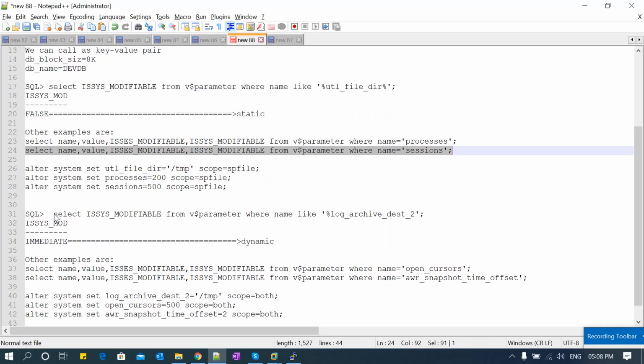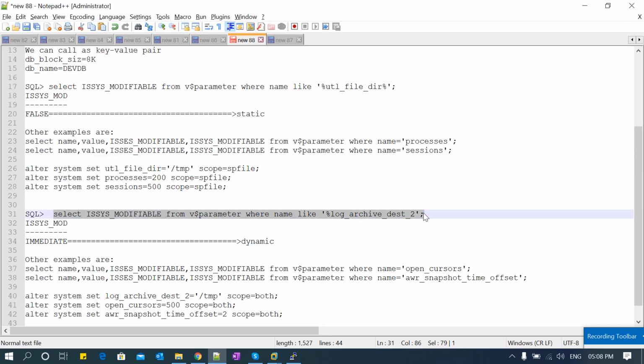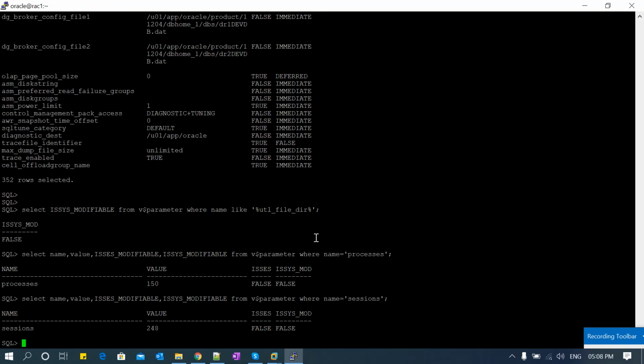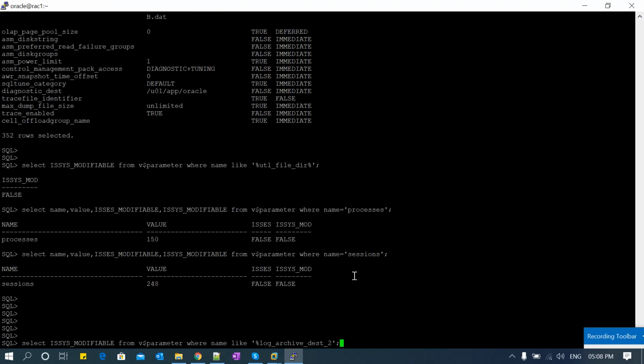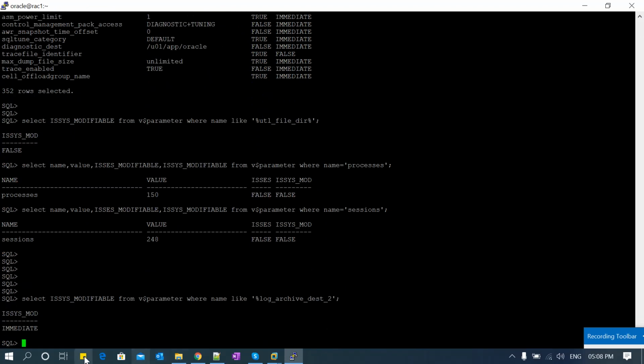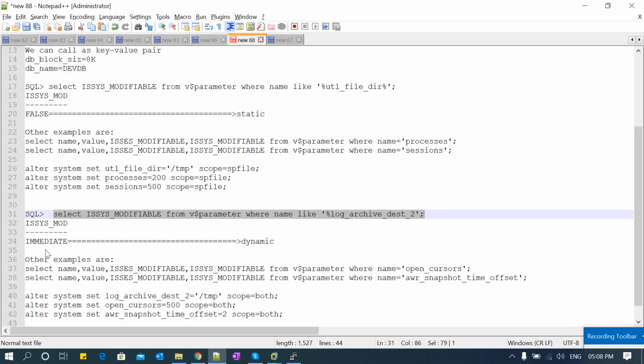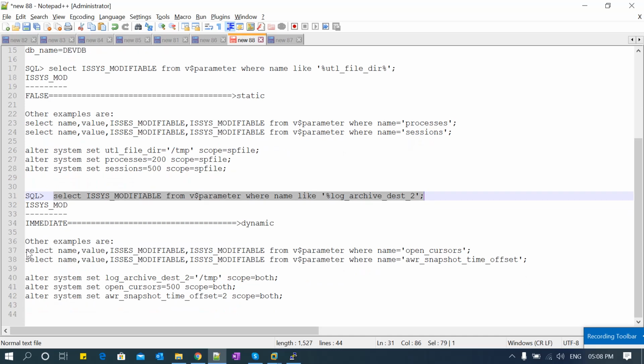Now I will give examples for dynamic parameters. There is the parameter log_archive_dest_2. It's immediate, which means you can change this parameter immediately to any other location. That can be done dynamically and doesn't need any database bounce. I'll give a few more examples.